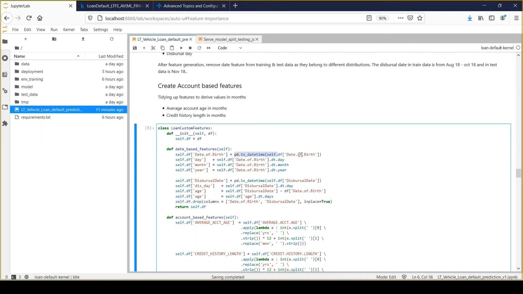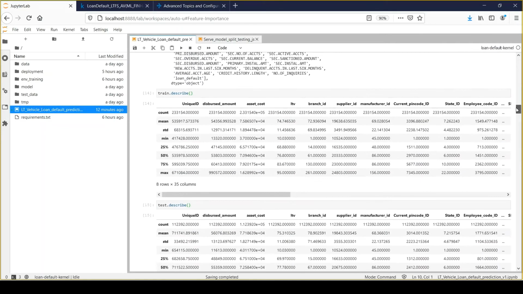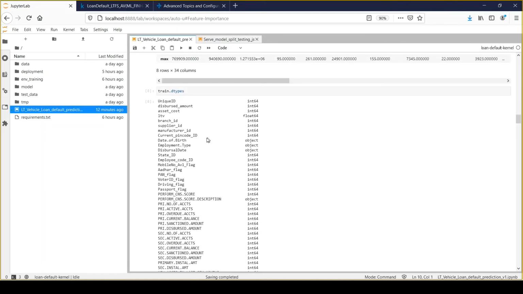So first I'm converting that date of birth feature to date time format, because initially it was defined as object. If you'll see, the date of birth field has been defined as object, and using object we cannot extract day, month or year value, right?